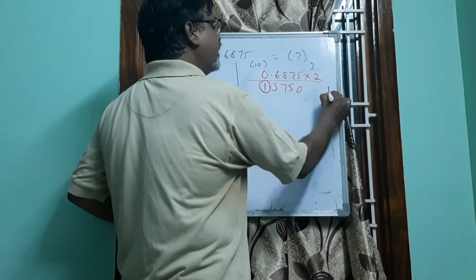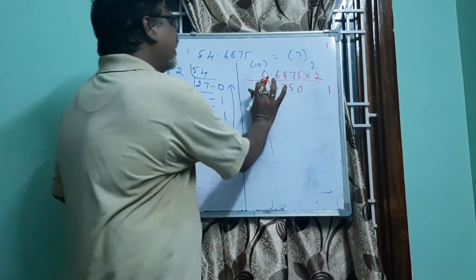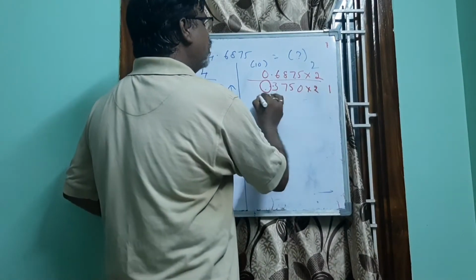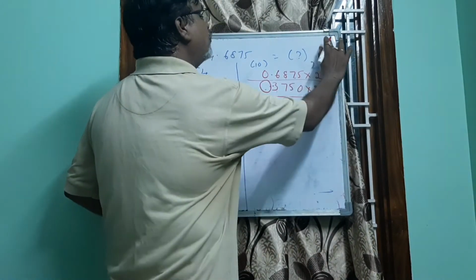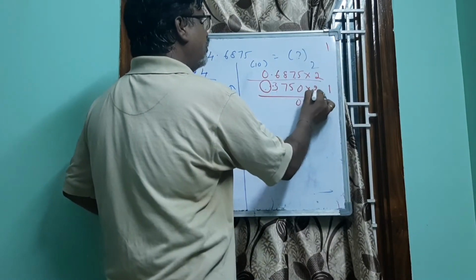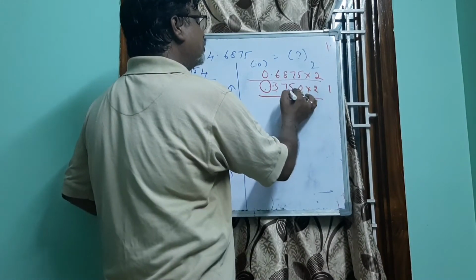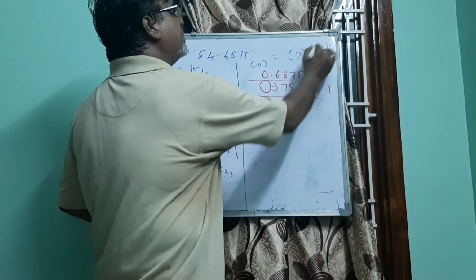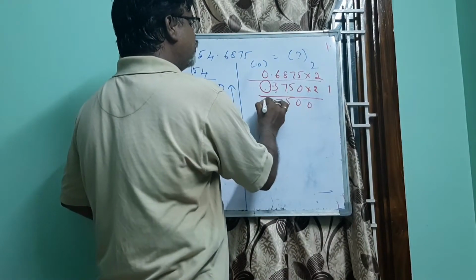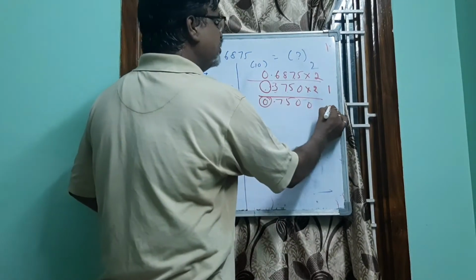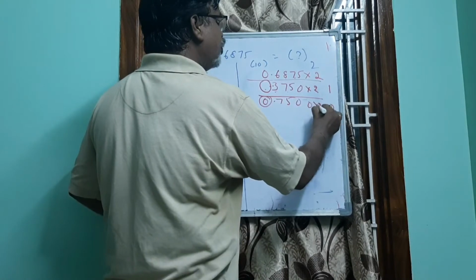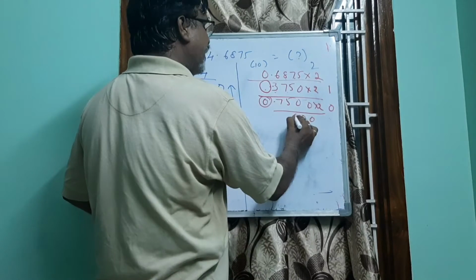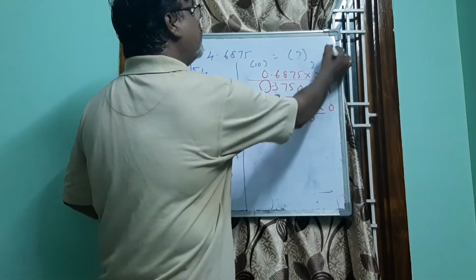This one we write there, and then this becomes 0. So multiply with 2. We get 0. 2 5s are 10, 1 carry there, 0 here; 2 7s are 14, again 15; 2 3s are 6 plus 1, 7; here 2 zeros are 0. So here what you got is 0.75. So this again you multiply with 2. 2 zeros are 0, 2 5s are 10, 2 7s are 14 plus 1.